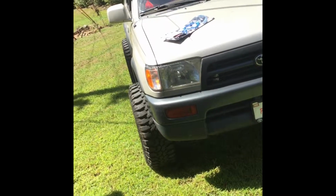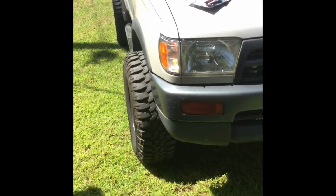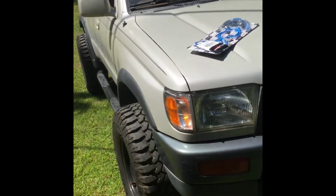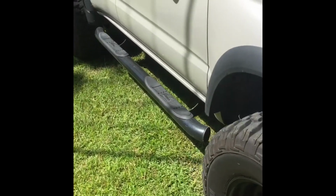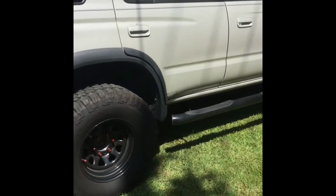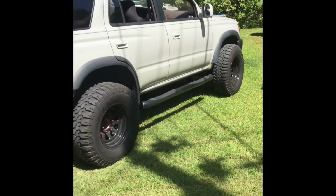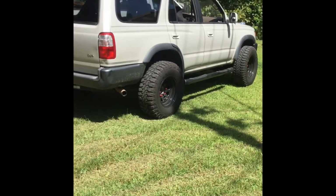Okay guys, so today we are going to be working on the 4Runner. My wife said that it was smoking a little bit the other day, and I checked under the hood. I couldn't ever get it to smoke myself, but the valve cover gaskets are leaking, which these are very prone to do. So I'm going to be doing that today,